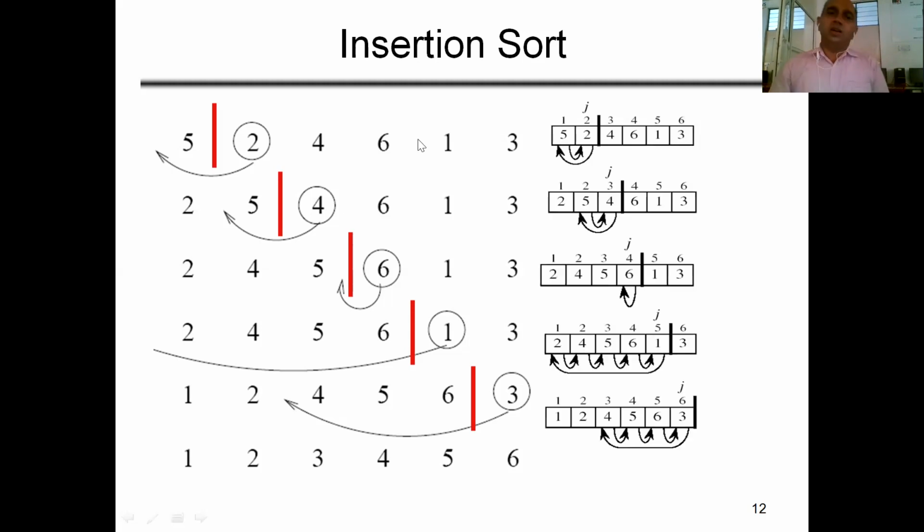This is another implementation in another diagrammatic representation. You can see the swapping, how the elements are swapping. Suppose 2 was the key, so 2 was shifted to the place of 5 and 5 was shifted to the place of 2, because we cannot physically move an element in an array. We have to swap the elements because there is no space in the array to the left of 5. So we cannot put 2 to the left of 5. We have to swap 2 with 5 and 5 with 2. In a similar way, these are the elements you can see.